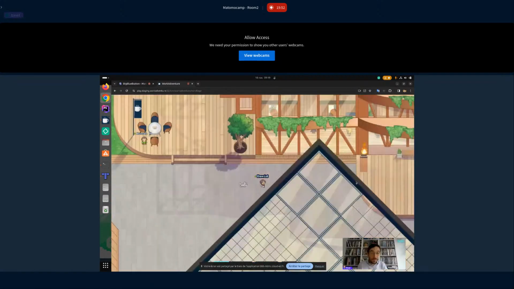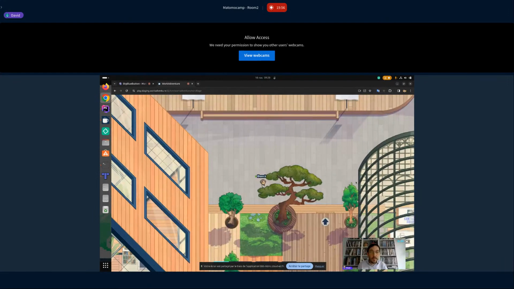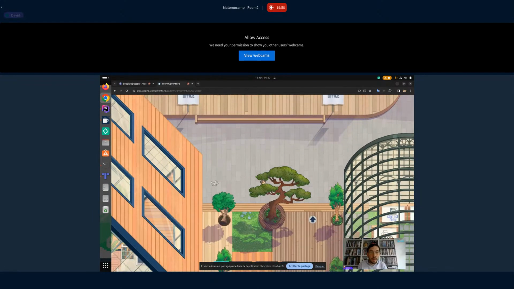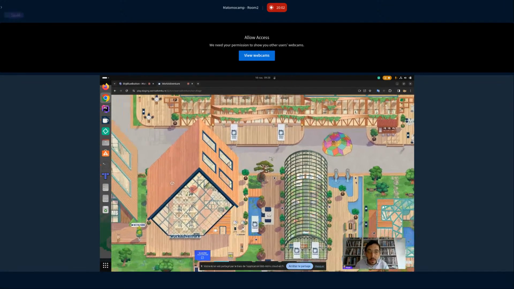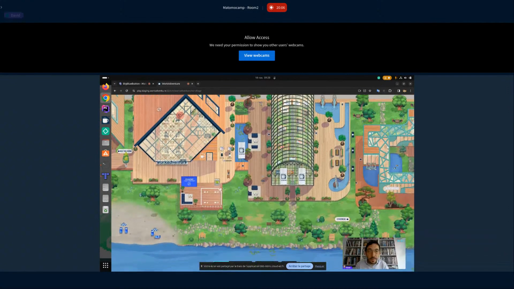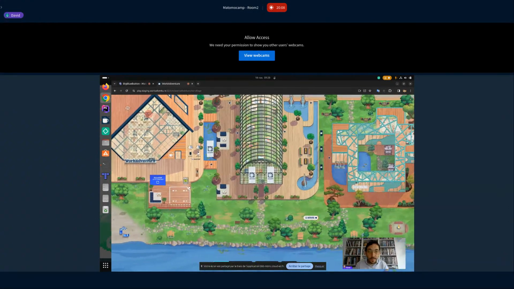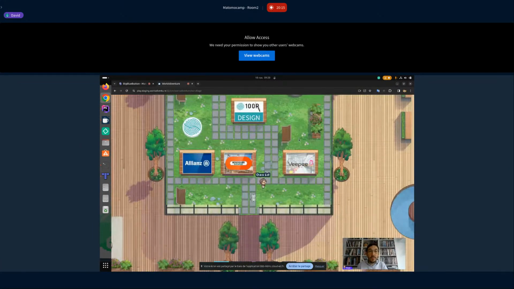Another thing I want to show you is, okay, I'm going to zoom out a bit. Right. And I'm gonna move here. You can use WorkAdventure to integrate with other websites.